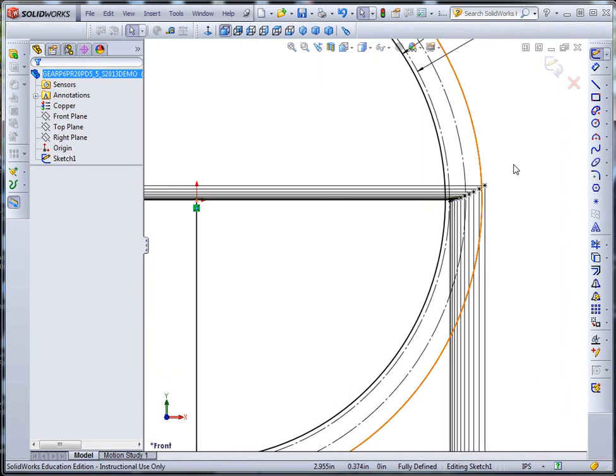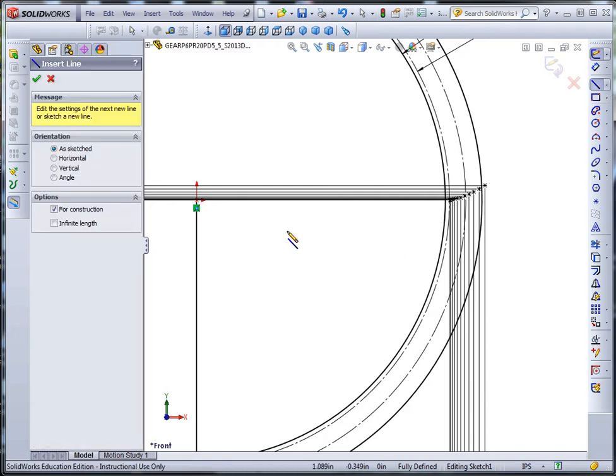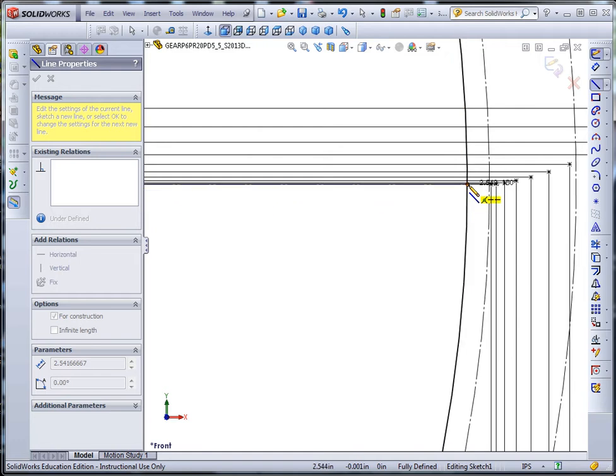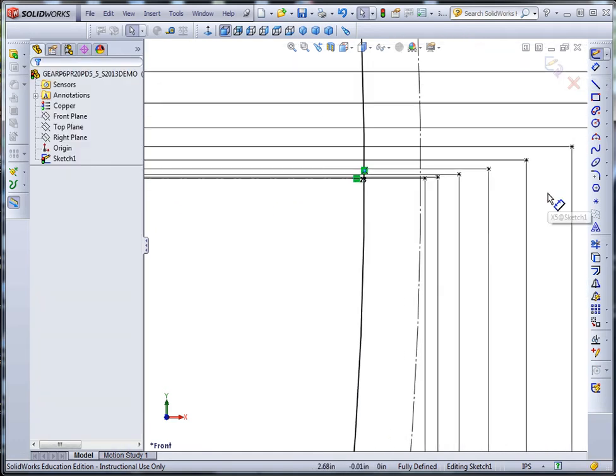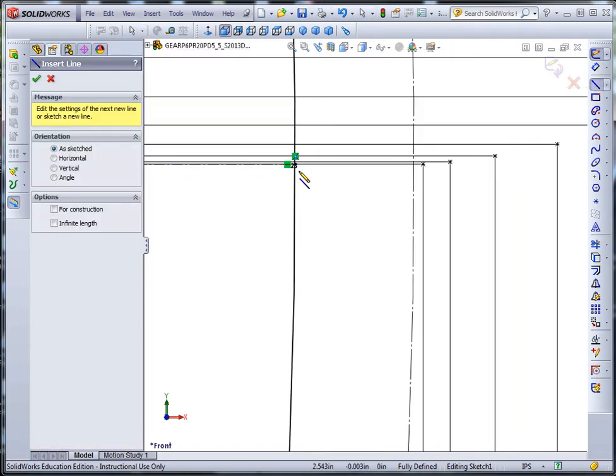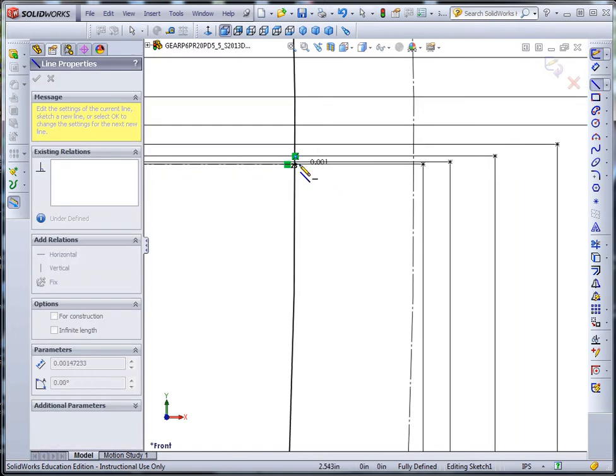Next thing I'm going to do is put in a construction line that will go from the center out to the dedendum circle, snapping at that quadrant. Okay, and then because the base circle for this particular gear has a larger diameter than the dedendum circle, we have to put a radial line. The involute curve doesn't start until you get to the base circle, so we'll go ahead and put in a radial line that goes from that point out to the base circle. Okay,